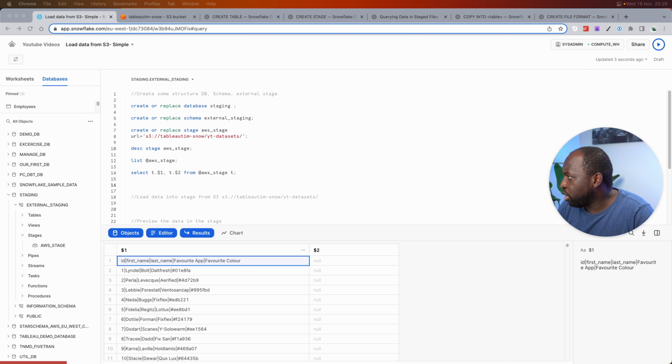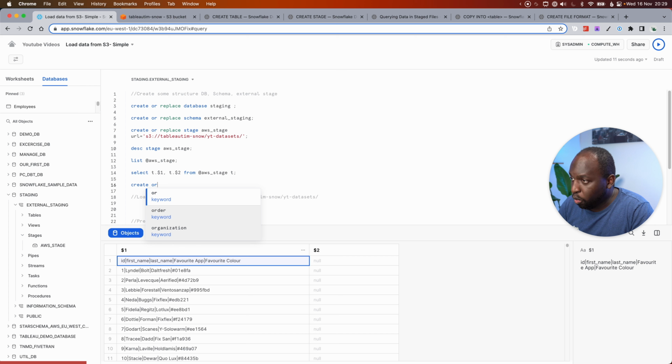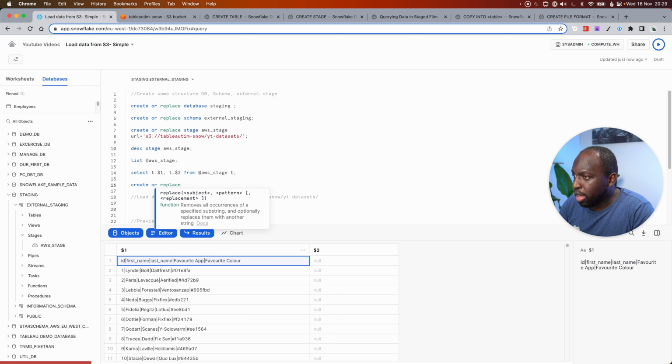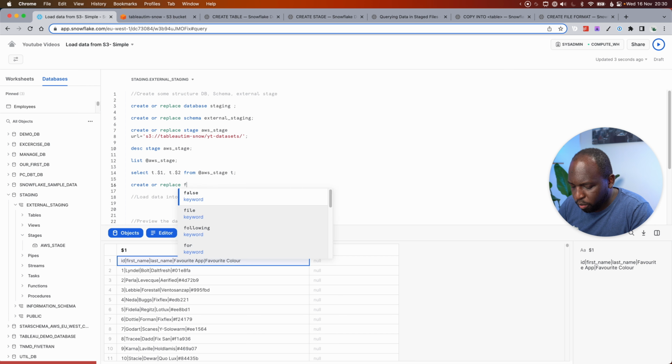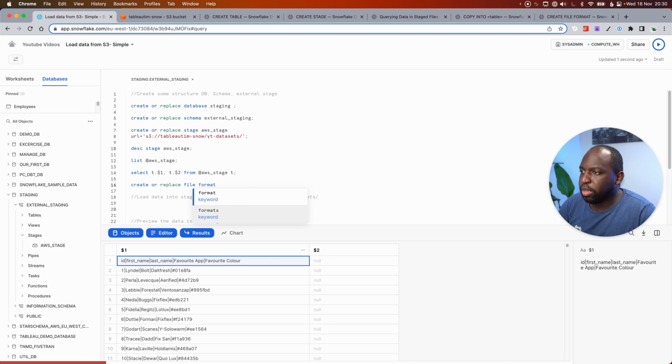So what I'm going to do is grab this, which is essentially quite straightforward. I could even type it: create or replace, and I think this is file format. I never know how you would know this, if that makes sense. I don't know why file format isn't one word. I don't know how they come up with this, but anyway, create or replace file format. And now we need to give it a name. So in this particular case, I'll call this